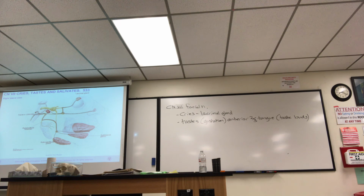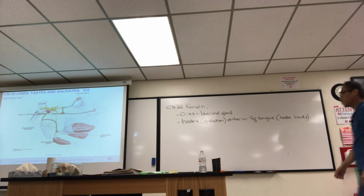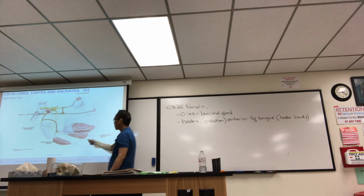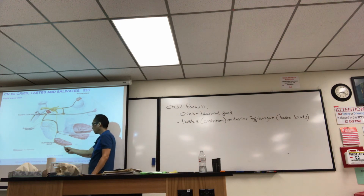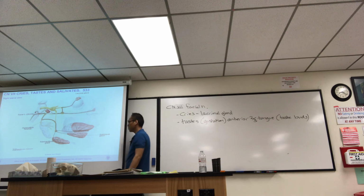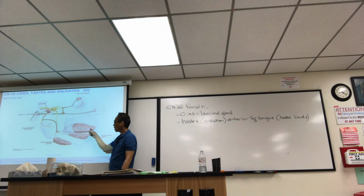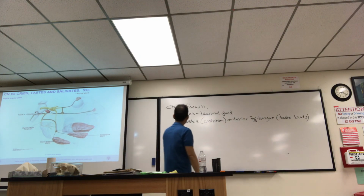Okay, the other thing is salivation. Know the names of these 2 salivary glands, the sublingual gland and the submandibular gland. The submandibular gland, you can only see it if you dissect. This gland, if you want to see it, lift your tongue up, look in the mirror, and under your tongue you should see saliva accumulate under your tongue, because that's the ducts of this gland, the sublingual gland. So know that for salivation,